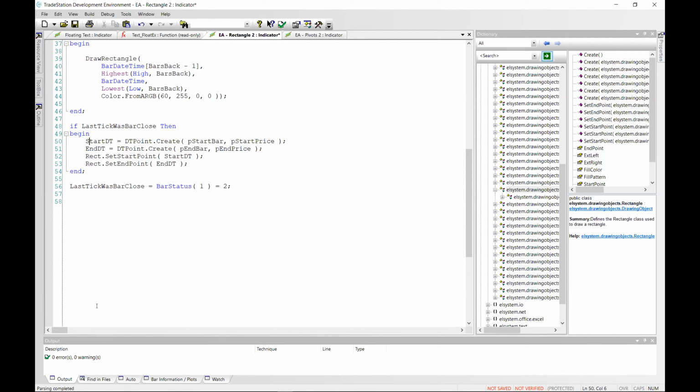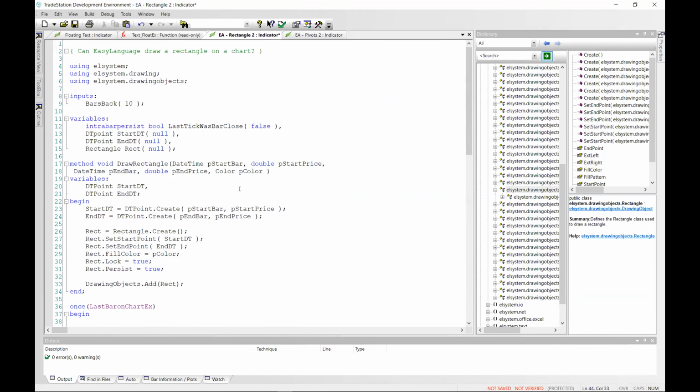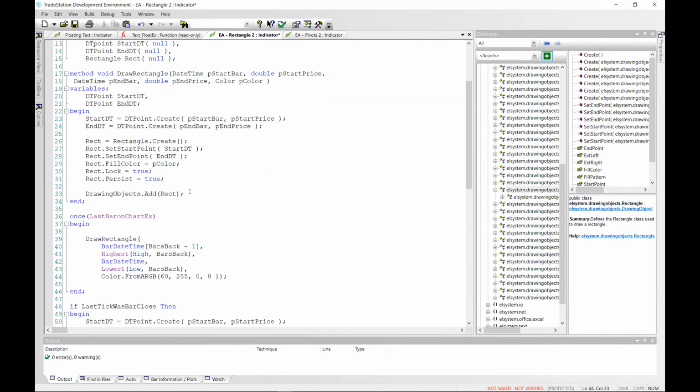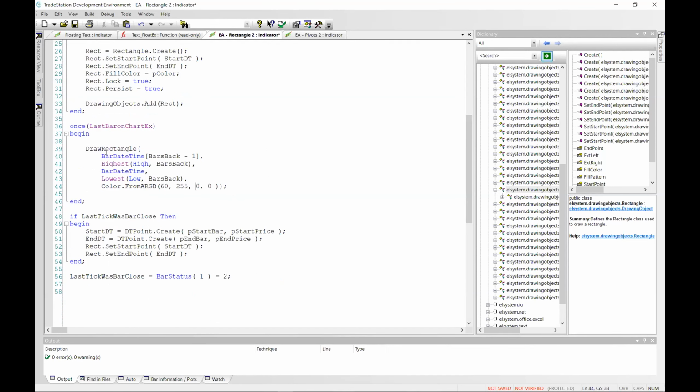So the start date time will become the starting bar. Where did we get the starting bar? P start bar comes from where? Oh, I see.